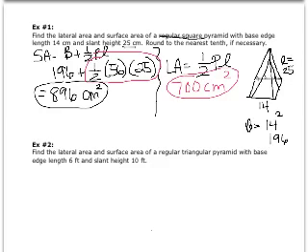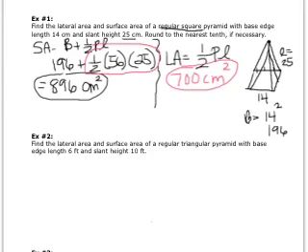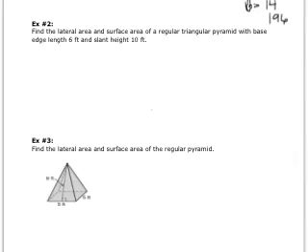Okay, so let's do another one. Moving on to number 2. Find the lateral and surface area of a regular triangular pyramid with a base edge length of 6 and slant height of 10. I'm going to try to draw this triangular pyramid, and it can be a little bit tricky. I'm going to make a dotted line back here because I know that I'm going to make my pyramid peak right there, and that back part will be hidden. So when I connect,